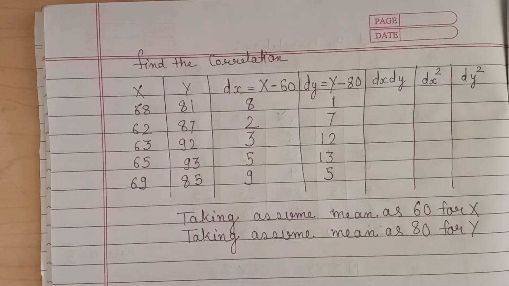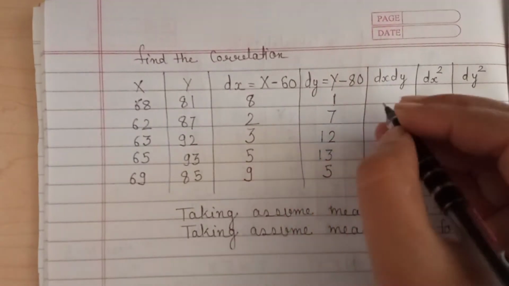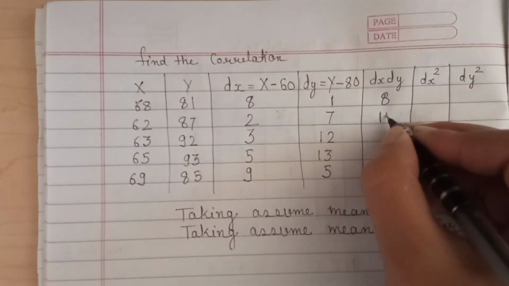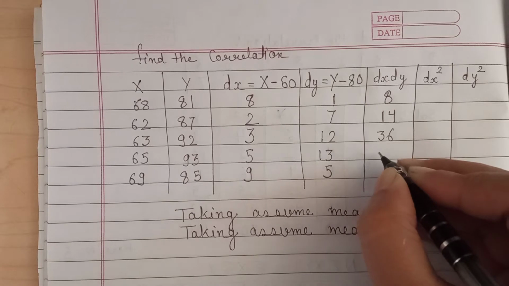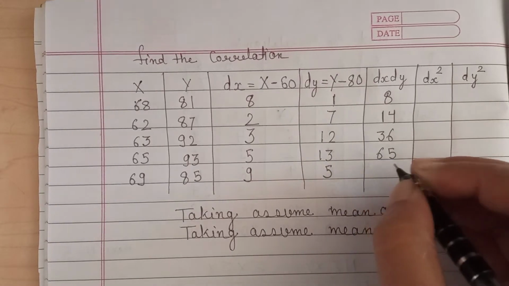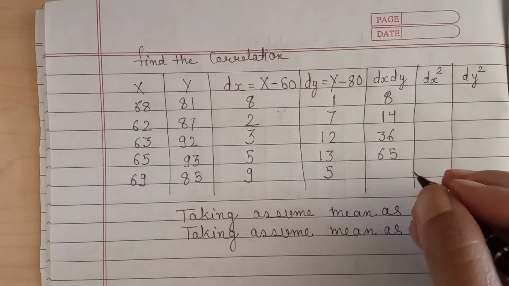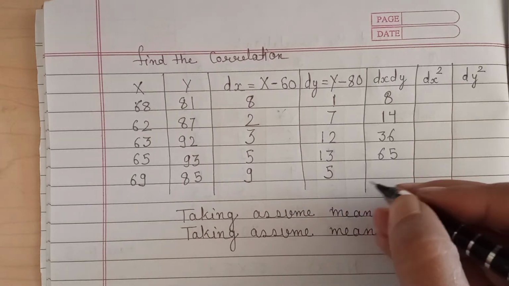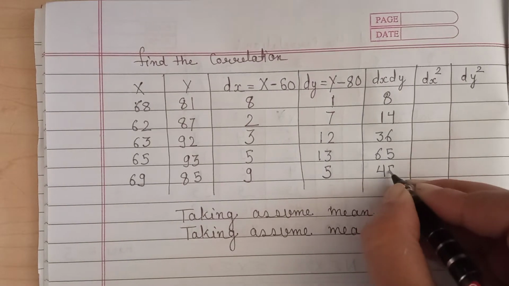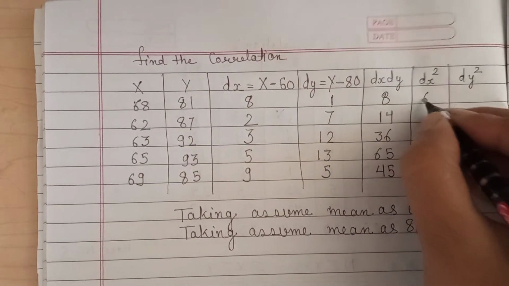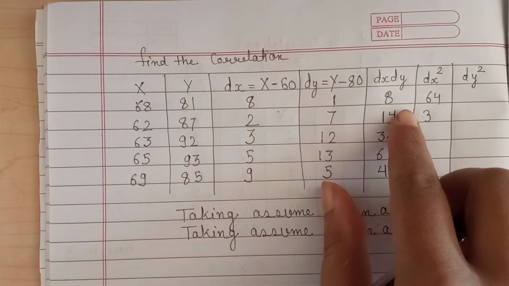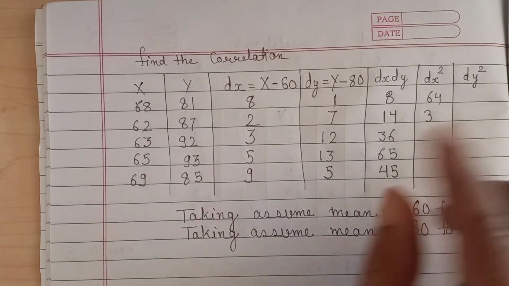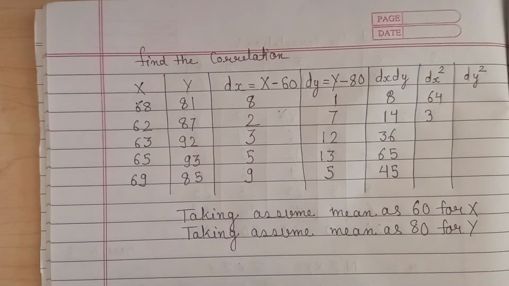Afterwards we will calculate dx into dy: 8, then 14, then 36, then 13 fives are 65, and 9 into 5 is 45. Now dx square: 64, and afterwards if we do the calculation, we will get,